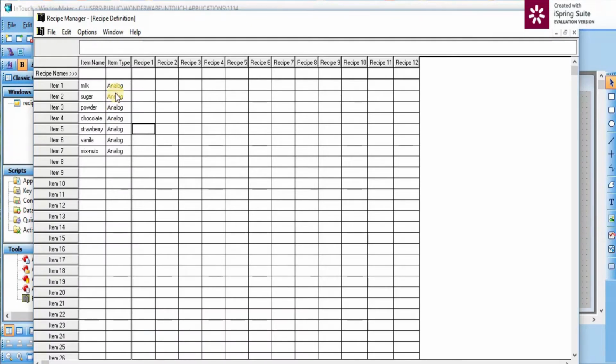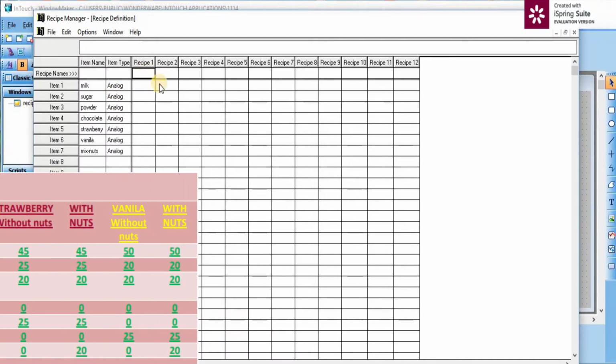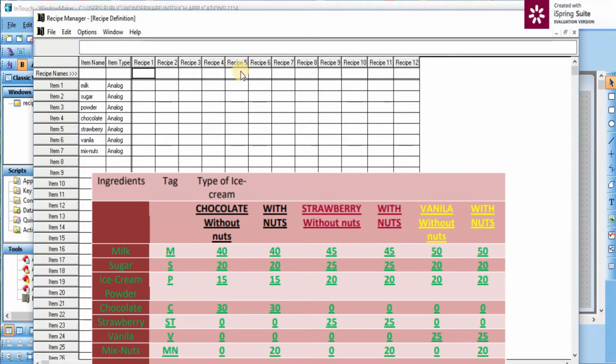Now the recipe definition sheet. In the recipe definition sheet, it shows many recipes, 1 to 12, and in ours we have 6 types of recipe. So our first recipe is chocolate flavor without nuts, so I write only chocolate.